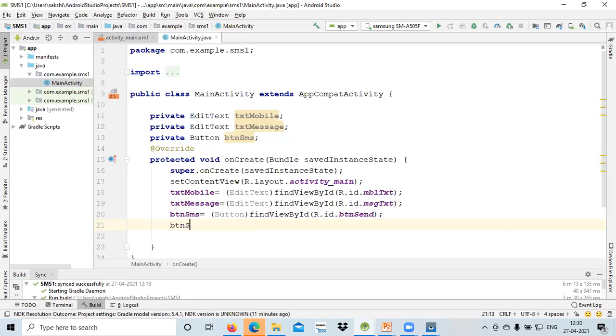Okay, so button SMS dot set on click listener. Oh, sorry.